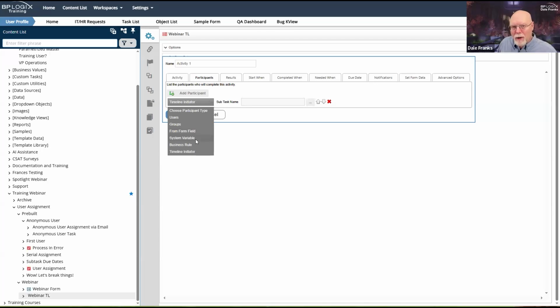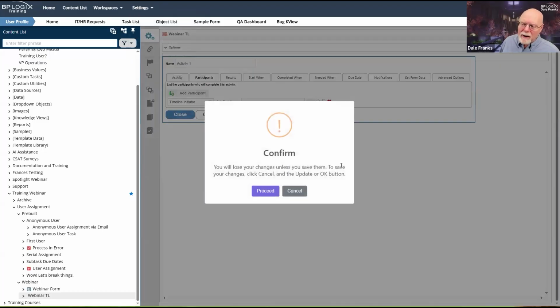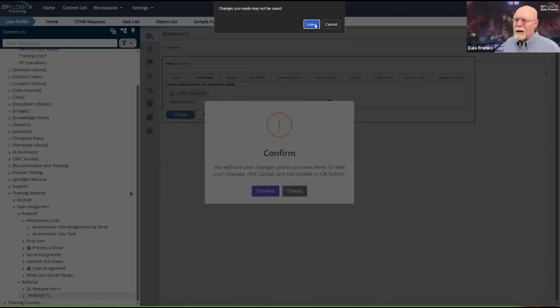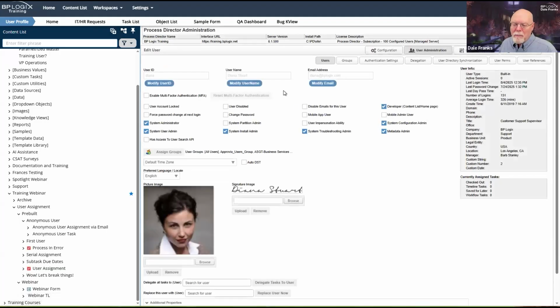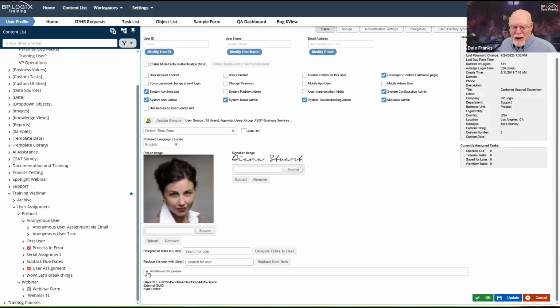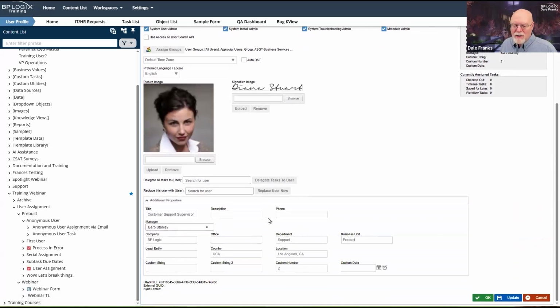Now, system variable allows me to do something a little bit different from that. For example, in user administration, let's go back there. In user administration, at the very bottom of my user profile, I've got this additional properties section that contains a lot of stuff. And one of the things it contains is Diana's supervisor.